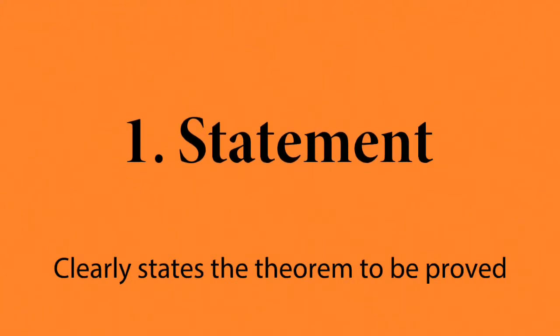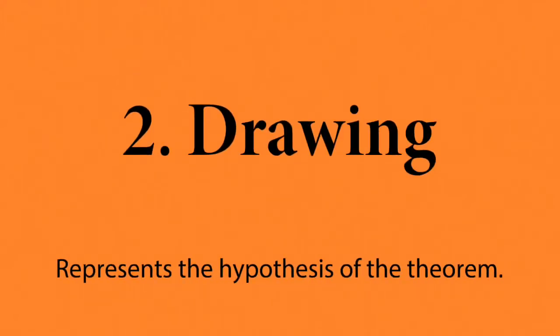To begin with, the first and most important part about the proof is to be able to clearly state exactly what it is that you're setting out to prove. Next, we need a drawing. Typically, in a formal proof, the drawing is not necessarily provided, so you should create your own drawing representing the